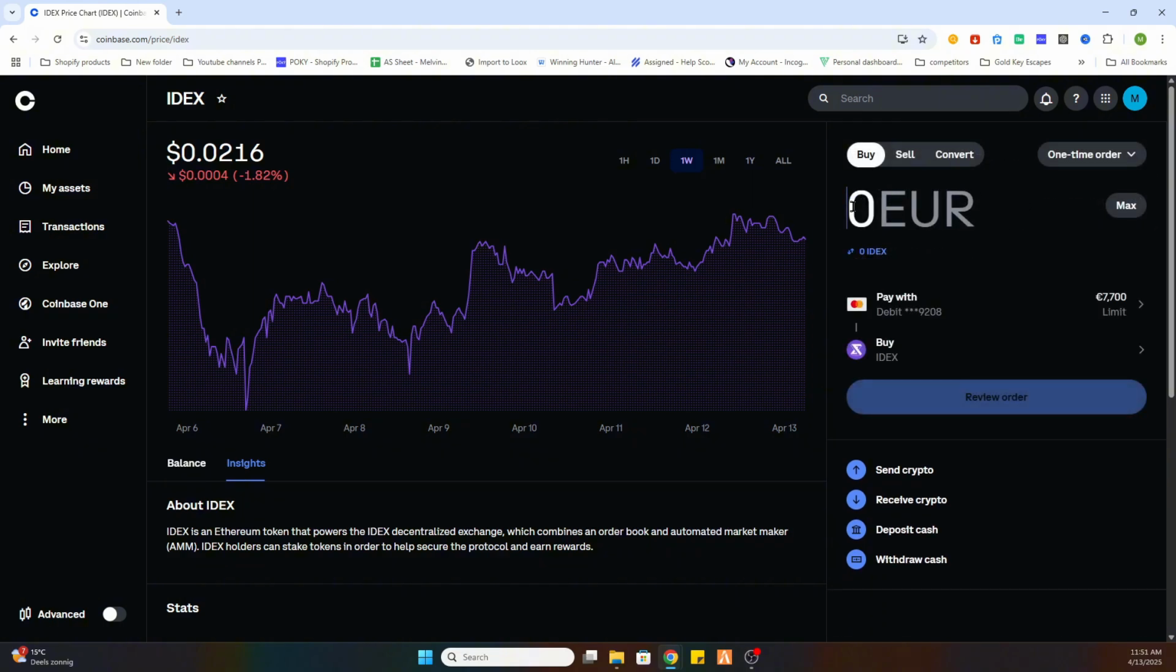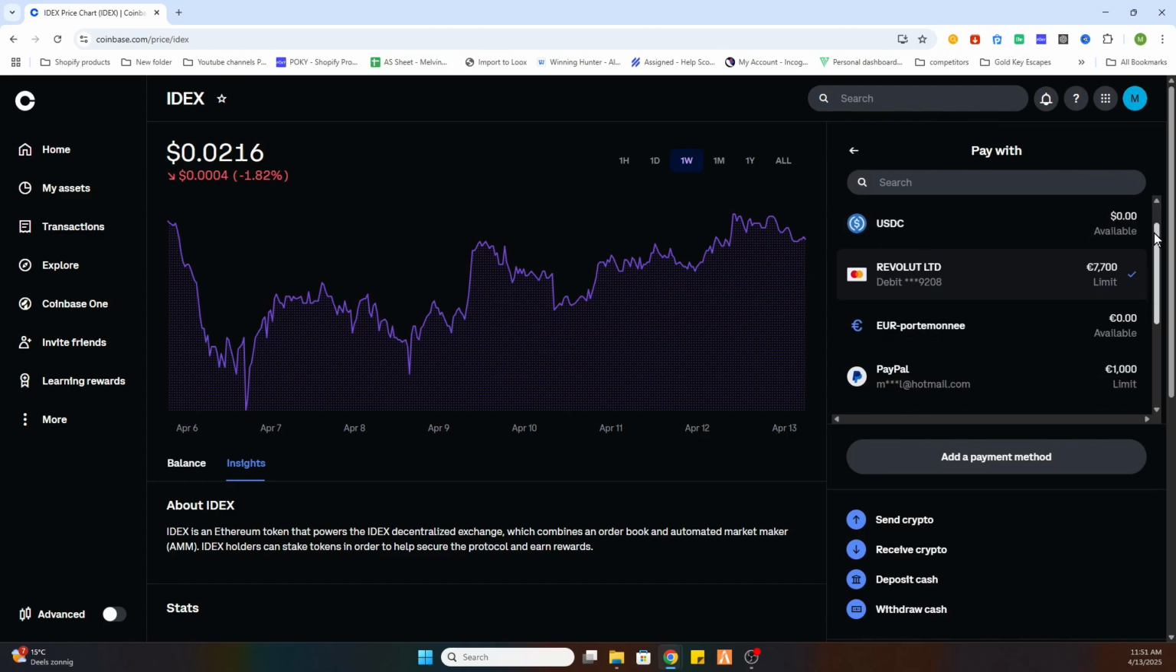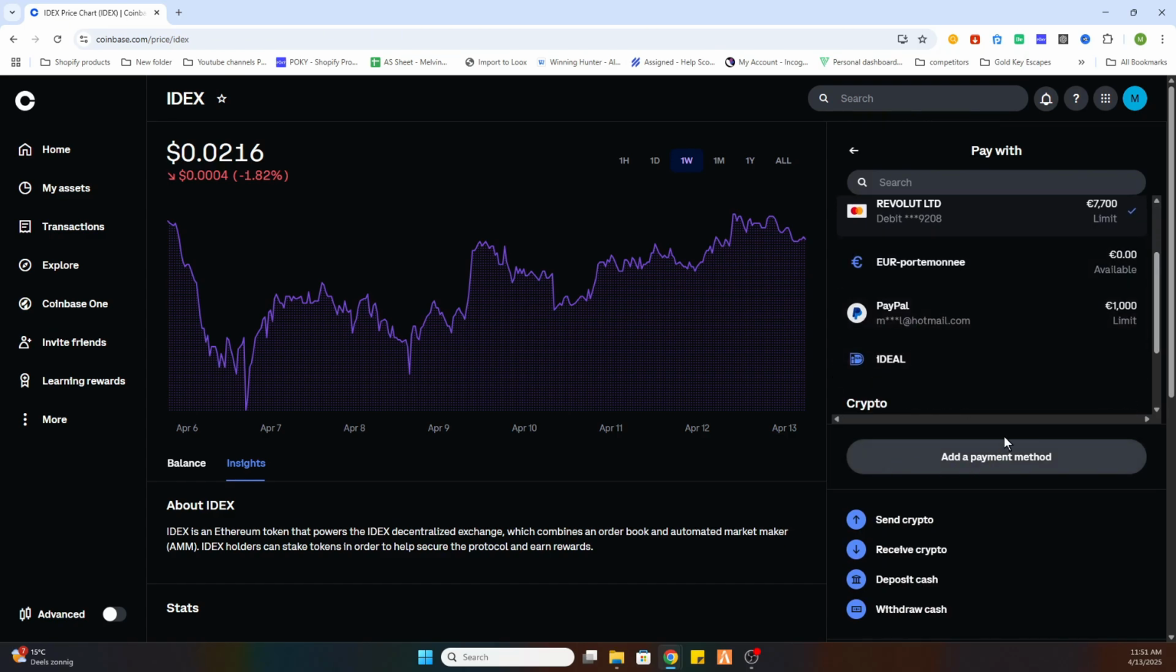The next step is to fill in the amount of euros or dollars you would like to spend on this coin, let's say 1000 euros, and after that you will see the amount of coins we will receive in return. Now select the payment method by clicking on it. If your preferred payment method is not in this list, then you can add a new one by clicking on